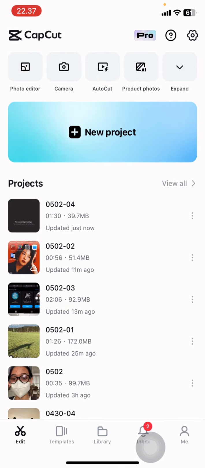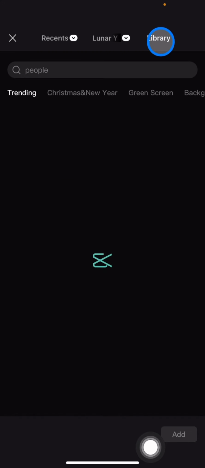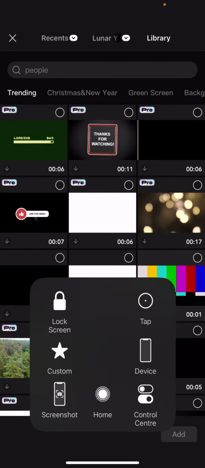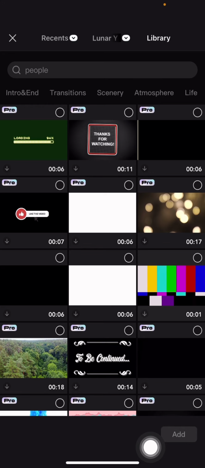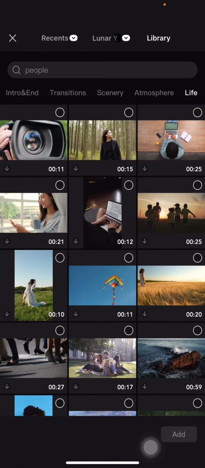the project. Go click New Project, and that will bring you directly into your collections for the video and the media. You can access the video, you can also access the photo, or you can access the library that provides you a lot of videos given by CapCut itself. There are huge numbers of videos, thousands and more, that you can get here,